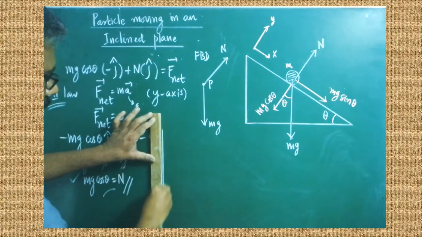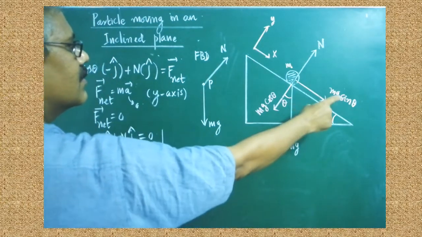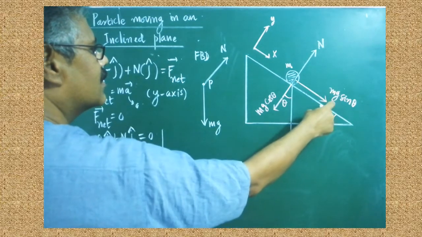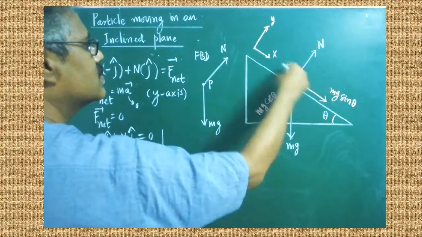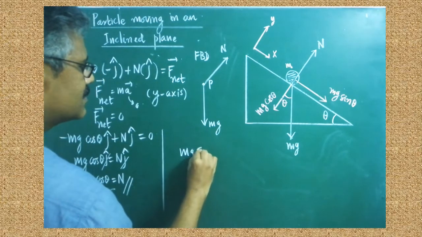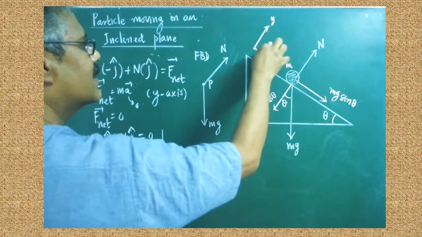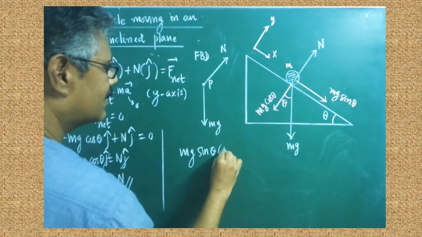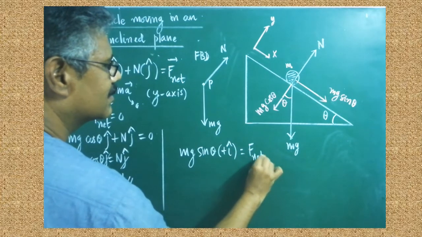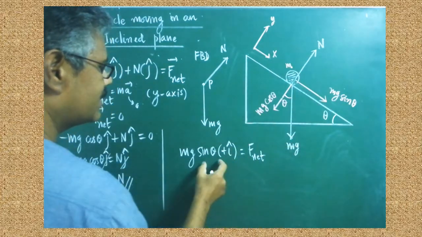Now we are going to learn, is there any movement along the x direction? Look at which component? The vertical component of mg is given. No, this is the vertical component. Look at the force along the x direction. Therefore I can write it as mg sin theta. This force component is acting in which direction? Positive x direction. Therefore we can write it plus i cap. Is it clear? Are there any other forces? Nothing. This is the only force. Therefore the net force is equal to this much.